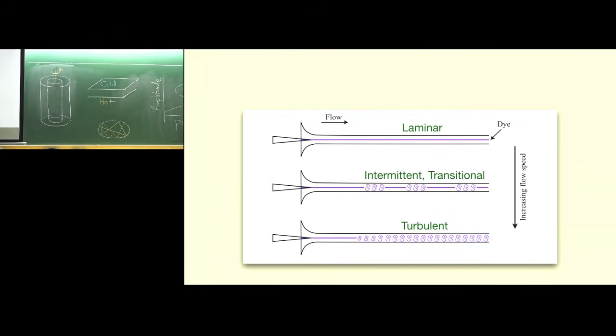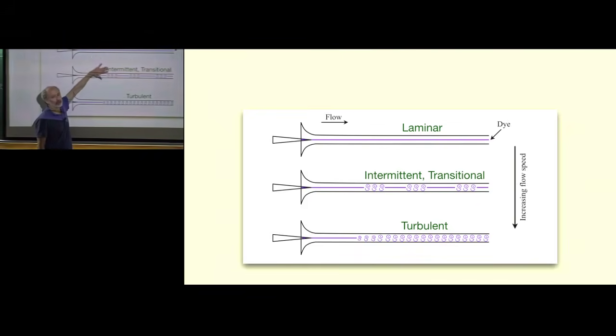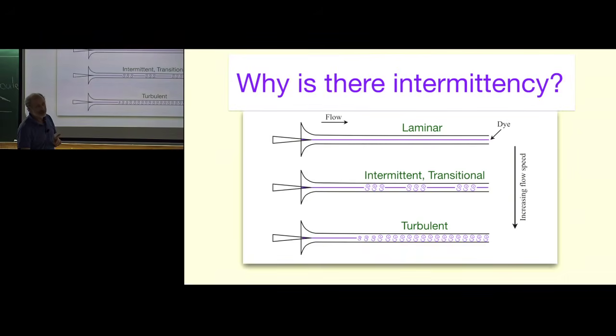And this really provided a lot of clarity in trying to understand things like what is a critical Reynolds number and so forth. Until this occurred, there were huge fights about this, and now all that has gone away. We at least understand the context in which we should be asking the questions. But from a fluid mechanics point of view, that's not the important question. That stopped a lot of fighting, but it doesn't really explain why there's intermittency in the first place,